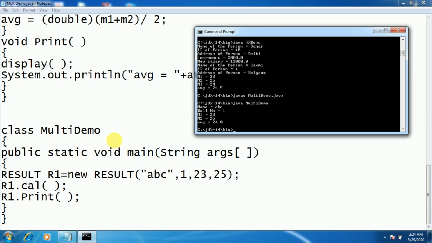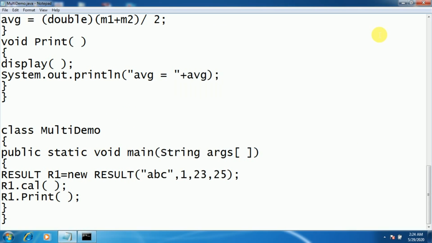There is another type of inheritance in Java, that is multiple inheritance, which is nothing but the process of deriving a single class from more than one base class. So here the superclasses will be more than one, and from them we derive a single derived class. But this property is not possible to implement in Java because of complexity problems and large memory requirements. So to implement this property, Java has introduced a new concept called the interface. By making use of this interface, you can implement the multiple inheritance property. That part we'll see in the next video.